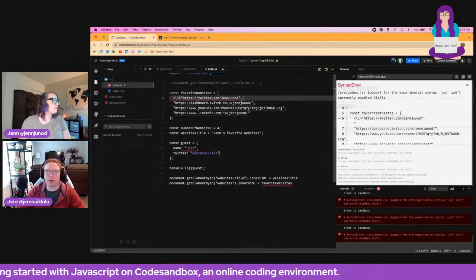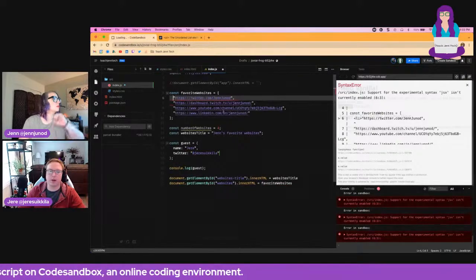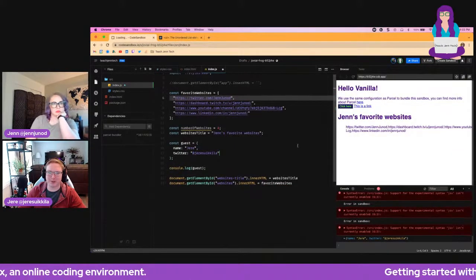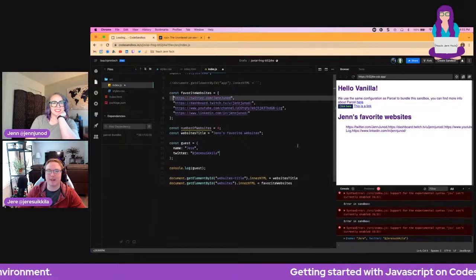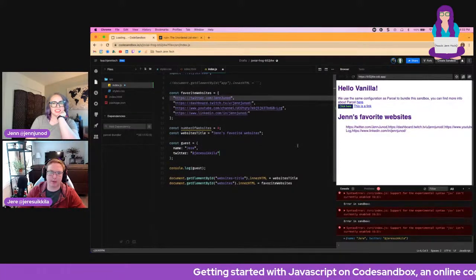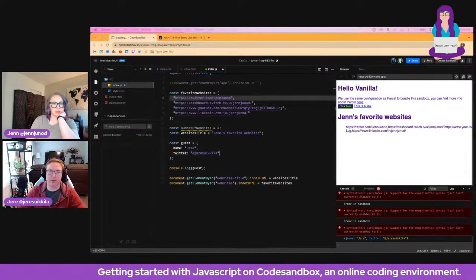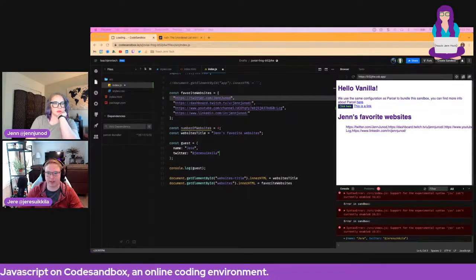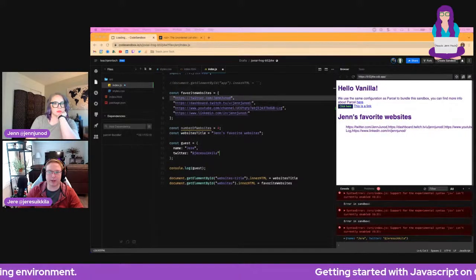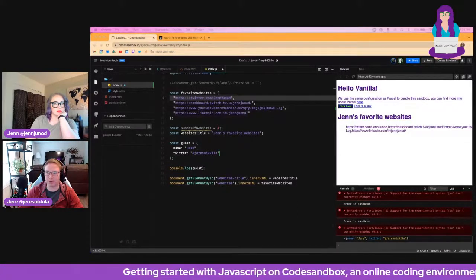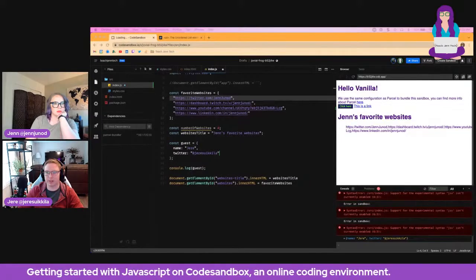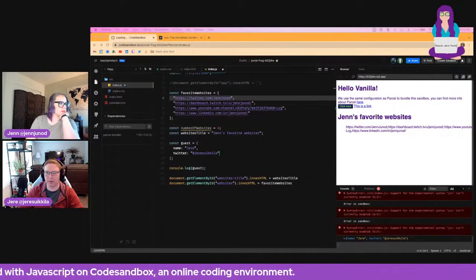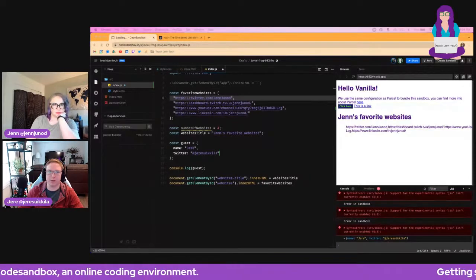If we think about what's going on here and why it doesn't work, like we talked about before, the why is always useful for future learning. This is just a JavaScript variable, right? What we write here is JavaScript, and this is a list of websites. By default, the way it renders an array of websites is it puts them as strings with a comma in between them. But we want to do something different.